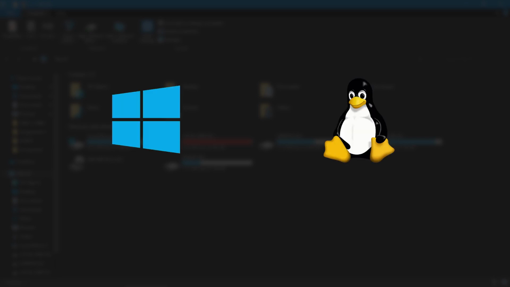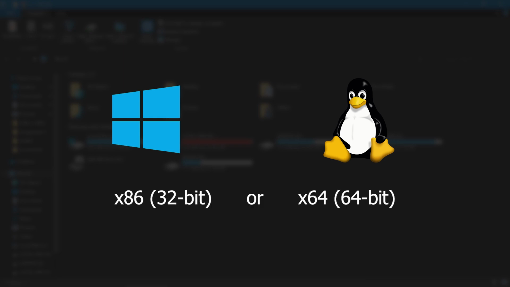When we talk about installing operating systems like Windows or Linux, or any application, we often ask what bit that operating system or application is, whether it is 32-bit or 64-bit. The concept of 32 or 64 bits may be unknown to most of you, but many people just know the fact that 64-bit is a lot faster than 32-bit. But there are some more things about this. I am going to talk about that in this video.